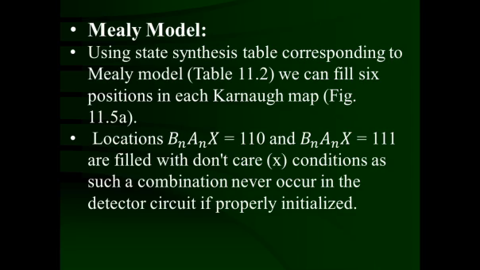So the remaining 2 rows, that is states 6 and 7, are where you can put don't cares, because we don't know what the input will be for those, and that input never occurs. So corresponding to that value of J and K, you can substitute don't care, and that makes no difference. Locations Bn An X, that is state number 6, 110, and Bn An X, that is state number 7, 111,